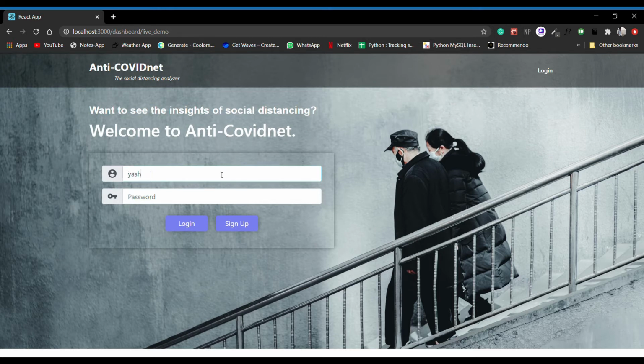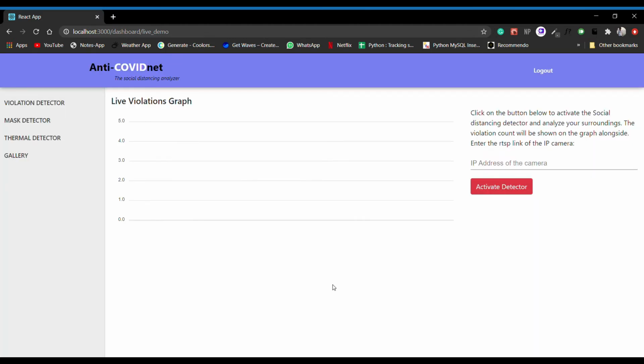Now this is the beautiful dashboard of AntiCovidNet. Here we have provided authenticated access only, as we value data privacy and we understand that data leaking on the internet is a serious affair. So on the first try I've tried a wrong password to see if it allows me to enter the AntiCovidNet dashboard. For the second try I'll enter the right password, and then here I am inside the AntiCovidNet dashboard.